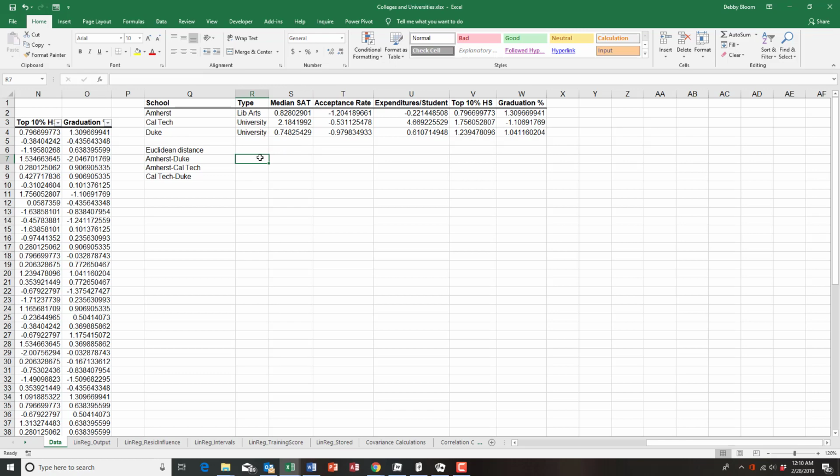So what I'm going to do is take the square root of, open parentheses, Amherst's median SAT minus Duke's median SAT, square that amount, then add the difference between Amherst's acceptance rate and Duke's acceptance rate, close up those parentheses, square that, then I'm going to add, open parentheses, the difference between Amherst's expenditures and Duke's expenditures, square that amount, add